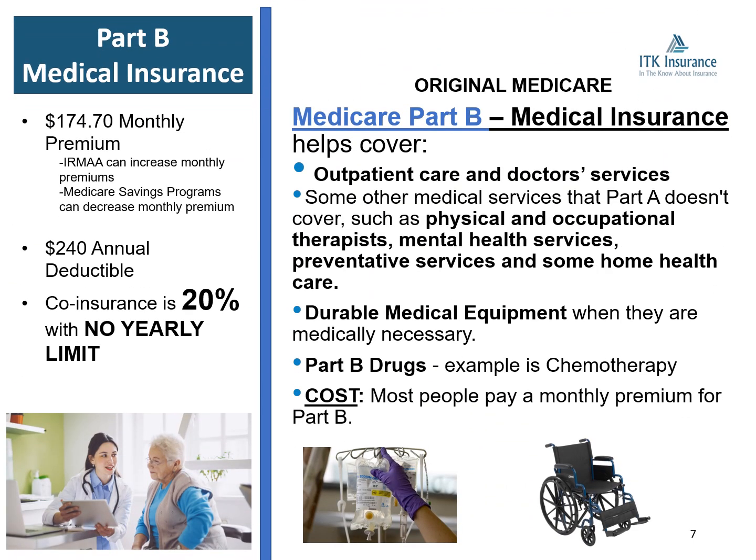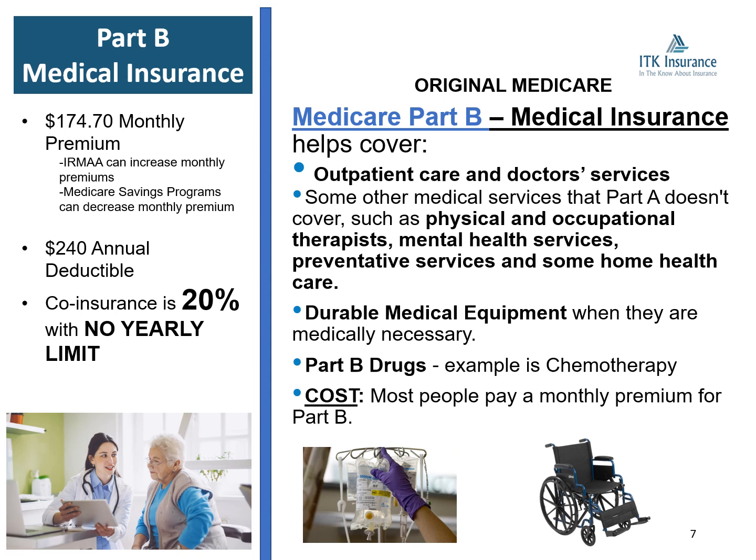Part B. Part B is for your medical insurance. So that's going to cover your outpatient care and your doctor services. It's also going to cover durable medical equipment and your Part B drugs. Part B drugs are drugs that you're going to get in the doctor's office, like chemotherapy. So most people will pay a premium for Part B. What do I mean by most people? Because in 2024, the premium amount is $174.70 for most. However, some people will pay more. It really depends upon your income. If you're higher income, you're going to pay more. And there are some people who are going to pay less. If you're lower income, there's a Medicare savings program that you can be a part of. But most people are going to pay the